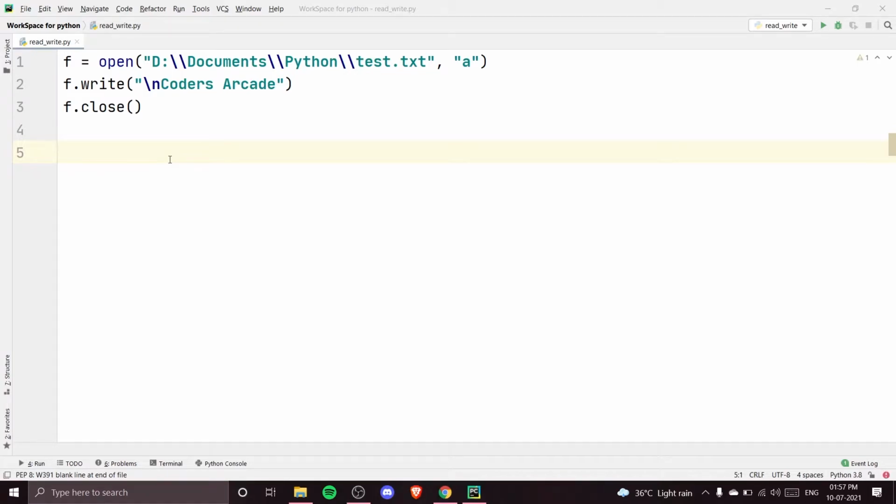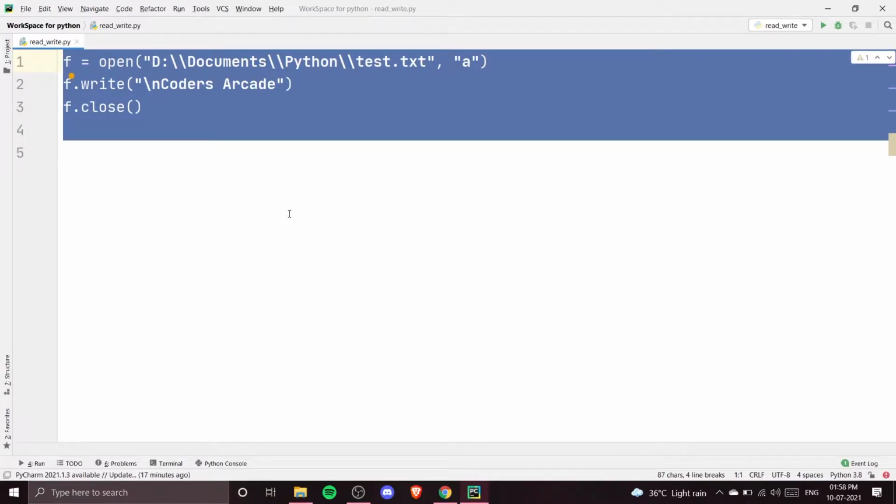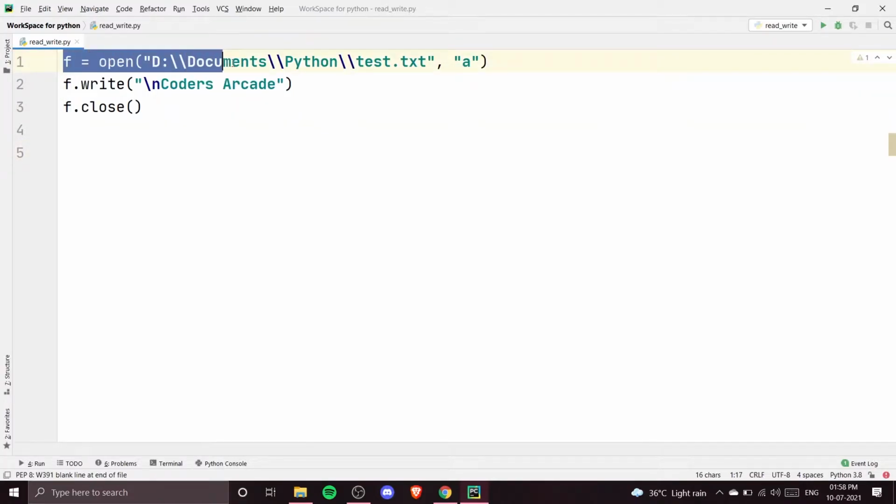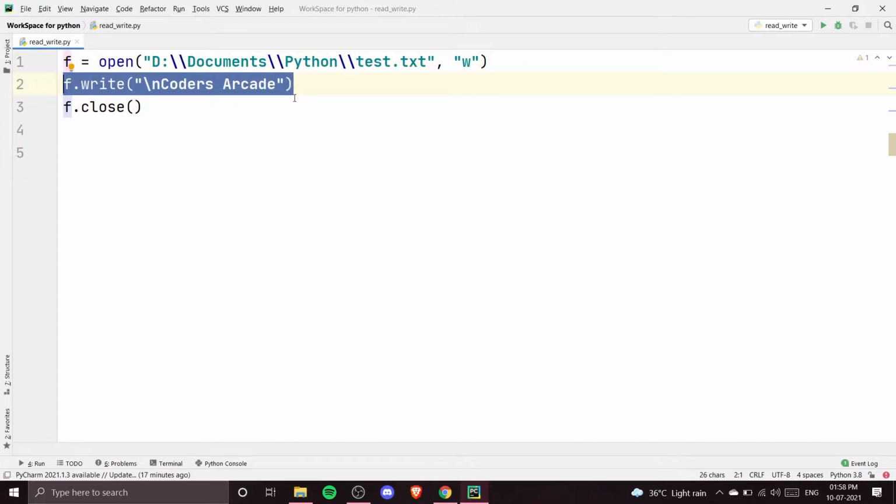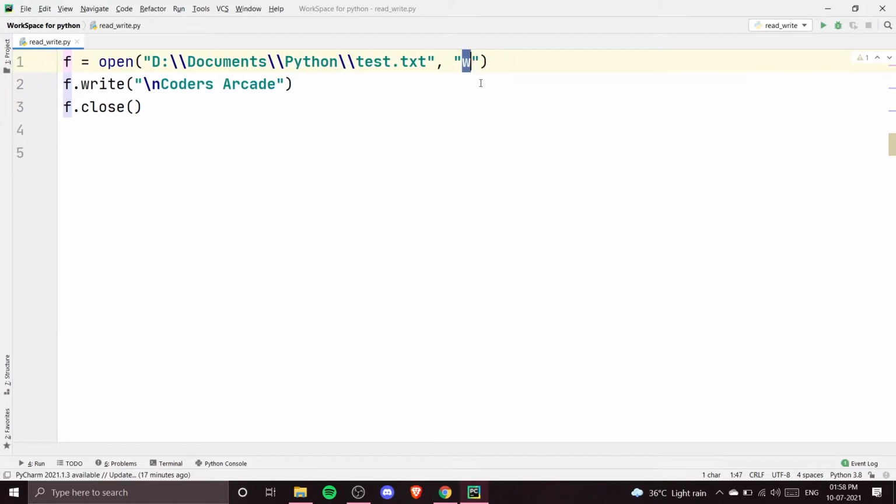In today's video, we are going to see how we can read files using Python in PyCharm. In our earlier video, part 1 on handling files, we saw how we can open a file, write a file, and append a file. In that, we were using this code here. We were first opening the test.txt file, using the W mode to write onto that particular file, and after that we were appending onto it using A mode, which is append mode.